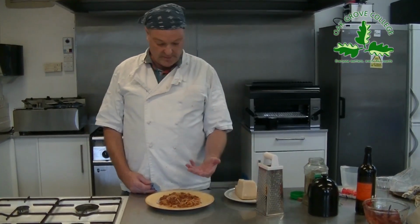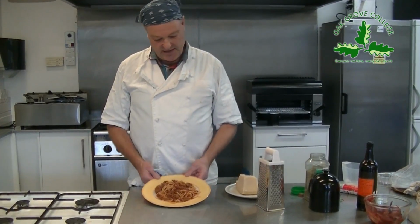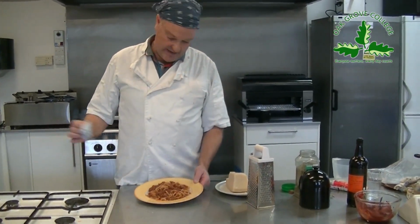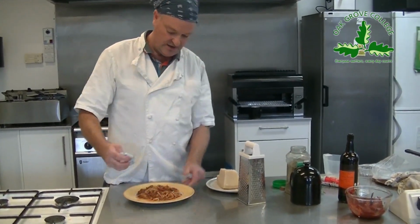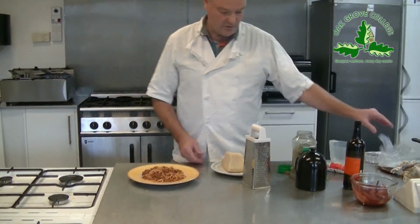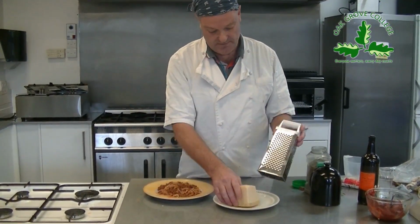Okay, so the plate's warm, we've got the food on there. To make it look attractive, you can see that I spilt some of the sauce on the side. To make it look really nice, just get a paper towel, wipe it off, and the plate looks clean then. And all I'm going to do is grate some Parmesan cheese, big wedge of it here,